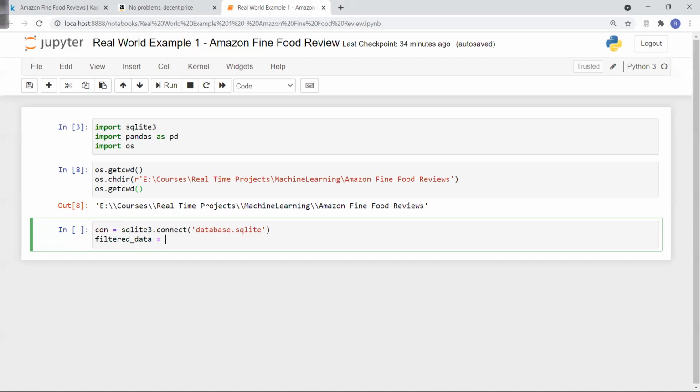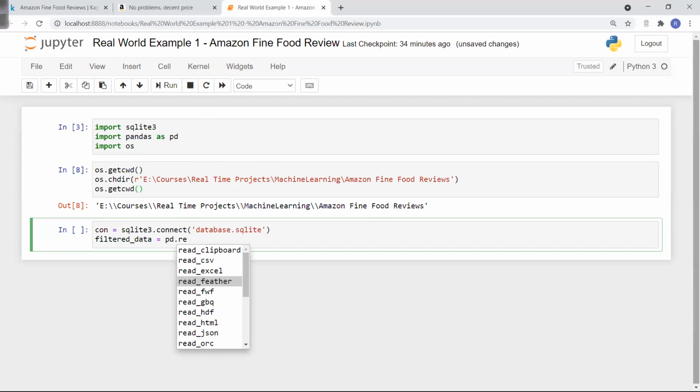That is the benefit you will get. So here I will have pd.read. PD is again pandas. I imported pandas with the alias PD so that I do not have to write pandas everywhere. I will have pd dot, and then read. I want to read the SQL query.